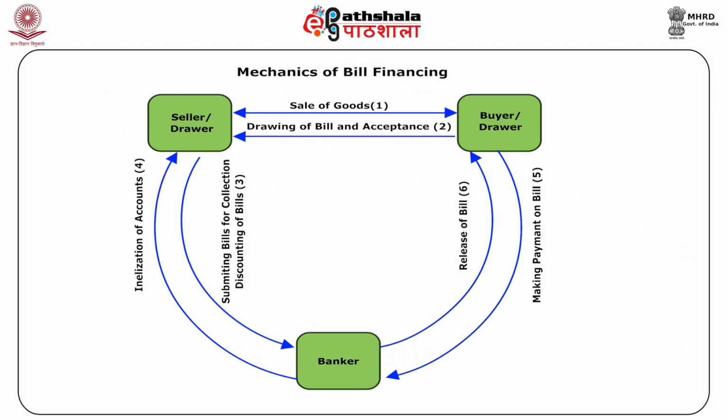The mechanics of bill financing is depicted in the figure, which says a buyer has two options for making payment. He may immediately pay for goods purchased or postpone the payment to some time in the future. If the latter option is chosen, the seller is said to have sold goods on credit. The seller, in order to have evidence of the sale transaction and to obtain due payment after a specified future date, draws up a bill of exchange.